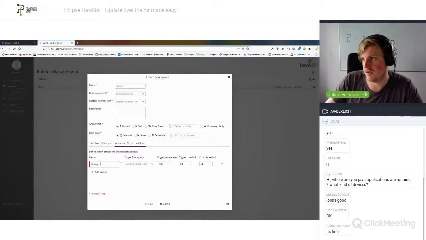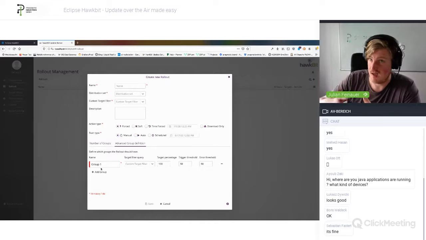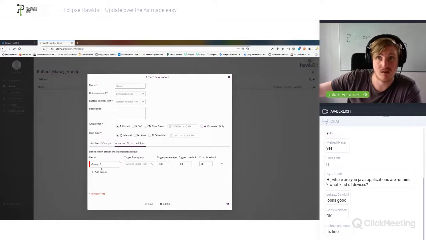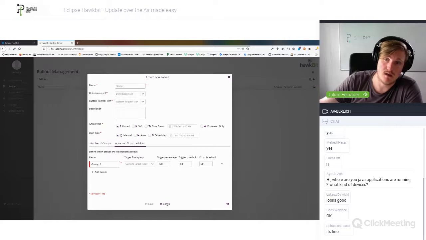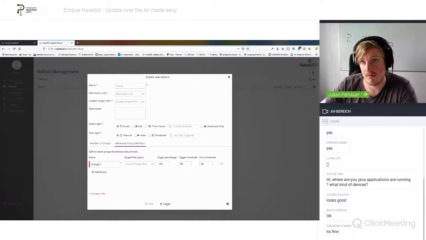So here I can really manually control my groups, which might also make sense. For example, the first wave could be the devices I control, or it's not so important when they break, or when there may be an issue, because I can easily fix it. And can model it for each group, basically. So this is all the flexibility that rollout gives you,